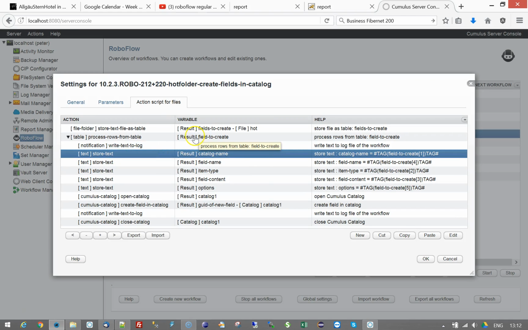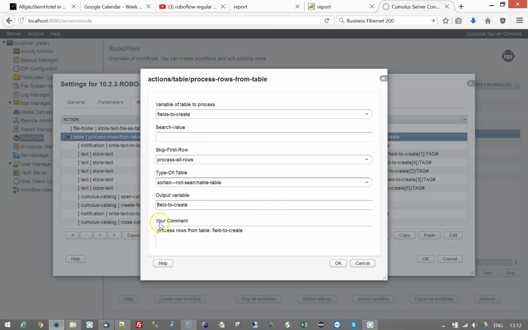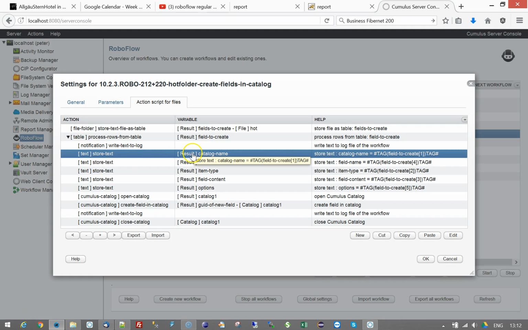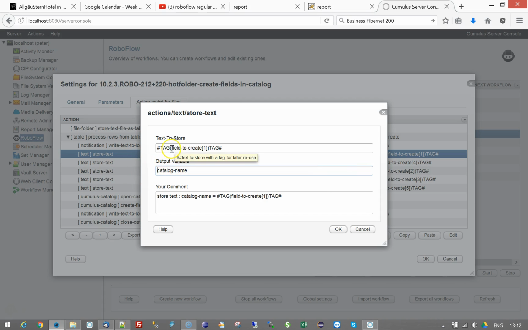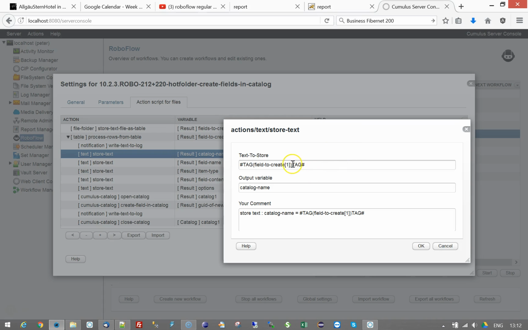So you can pick up, and because it's a process, the output variable is called, for instance, field to create. Well, this means that in the workflow, an array will be stored under the tag field to create. If you want to access that, there is an instruction, an action that says store column from array, from row, or you could just do an inline instruction where you use the name of that tag, and then like you would do in Java, for instance, as a syntax, you would say give me element number 1. It's 1 based, it's not 0 based, so the first element of the array is 1, the second is 2,